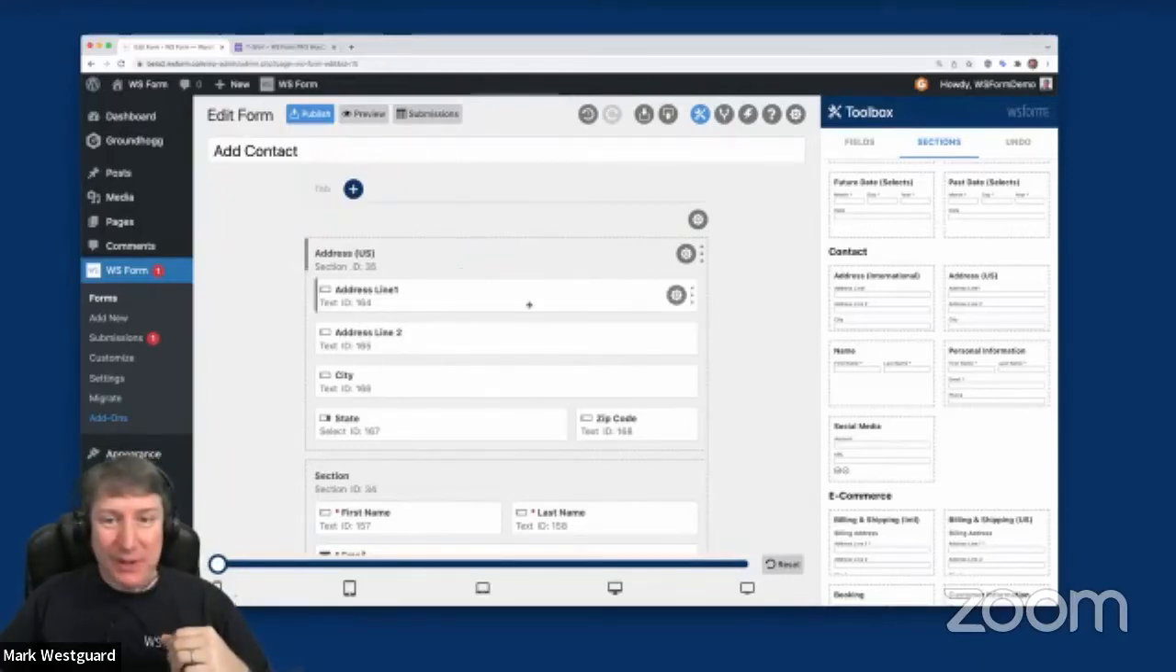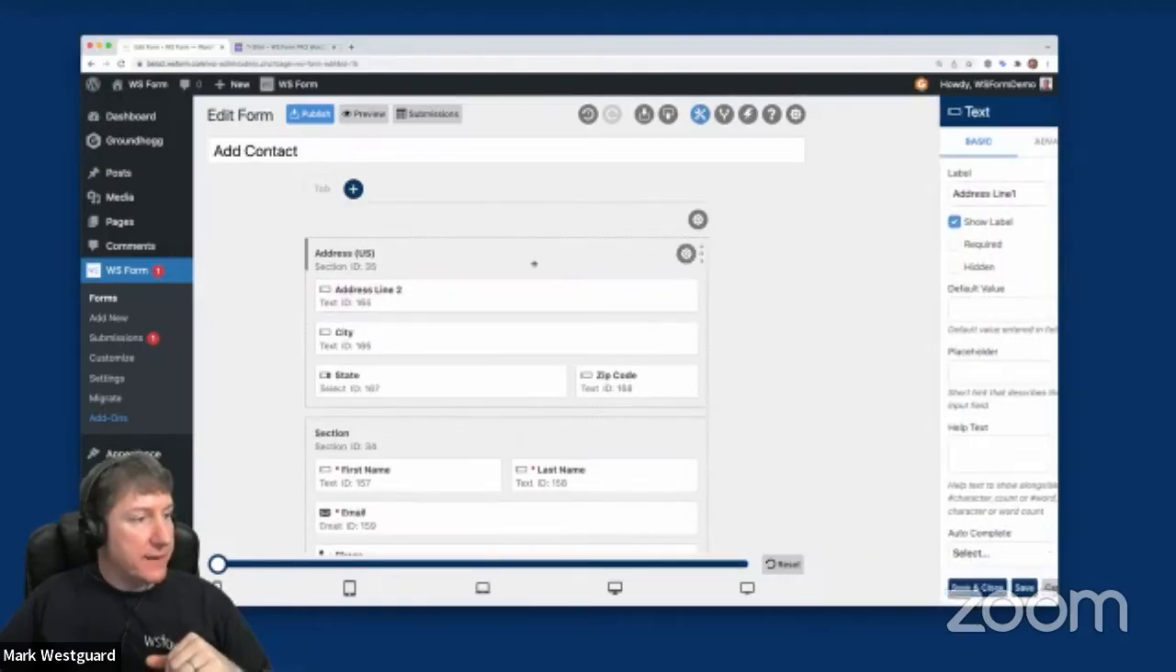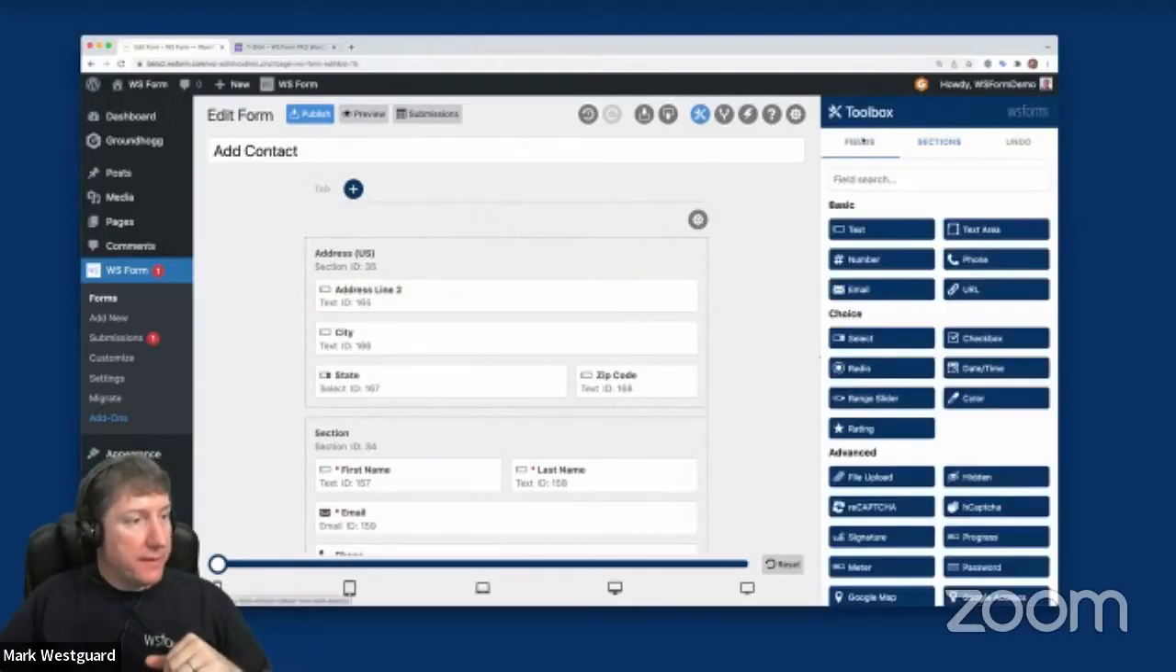So I've made sure that it works with our European friends as well. And this is just a basic address field. So you've got address line 1, address line 2, city, state, and zip. And what I can do is actually remove this address line at the top, go into our fields, and